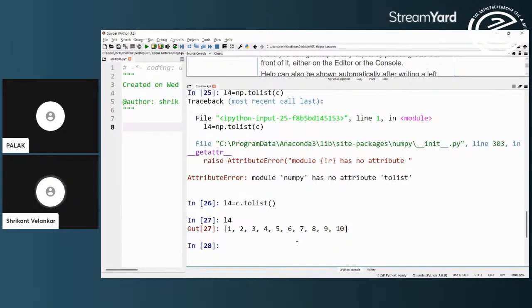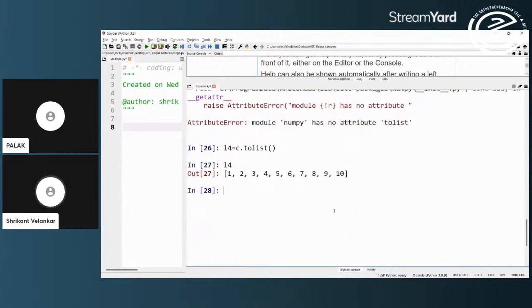So in short, I can convert an array to a list using toList. I can convert by np.array, a list can be converted into an array. A two-dimensional list can directly be imported as a two-dimensional array. That means if I take, say, one list, which is say 1 comma 2, which is a two-dimensional list.